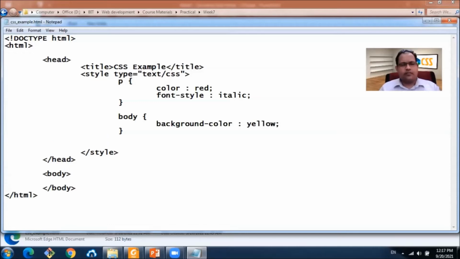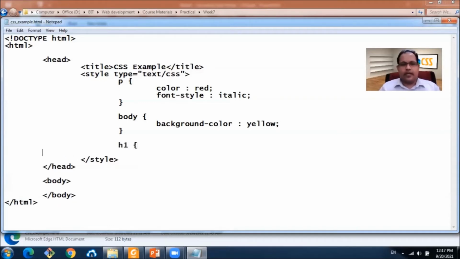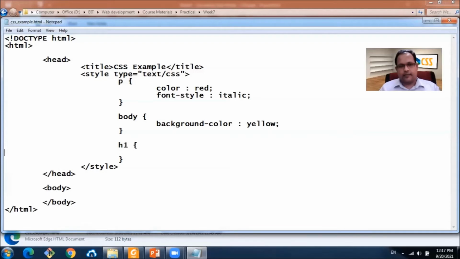And also style our H1 tags, header 1 tags. Let's make them blue color. Okay, now this is a sample way of styling our elements here.